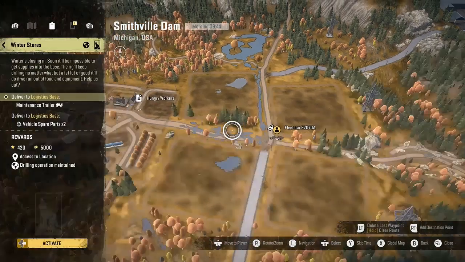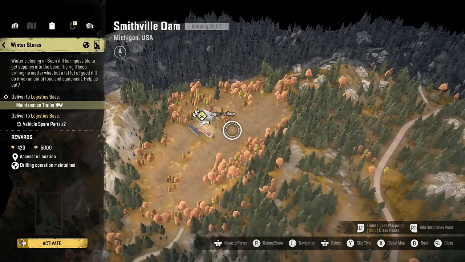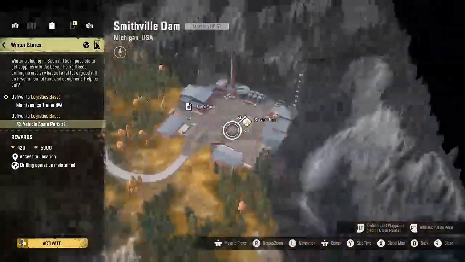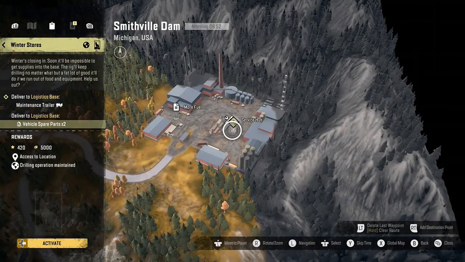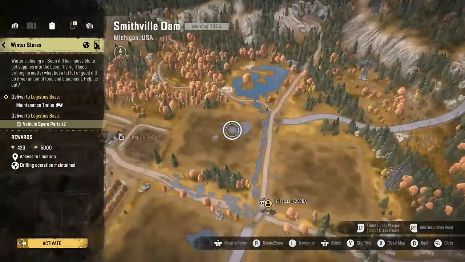So we're going to go ahead and complete the winter stores, which is the maintenance trailer that I had at the garage. I pulled over. We need to take it to the logistics base as well as 2 vehicle spare parts. Now, the vehicle spare parts I can get from over here, or I can go way over here